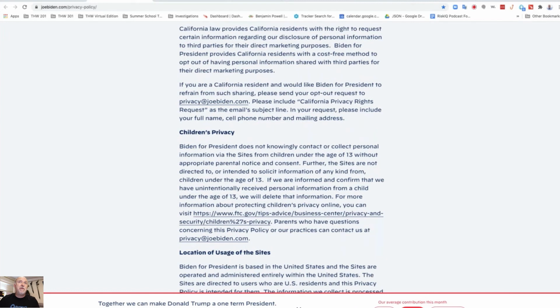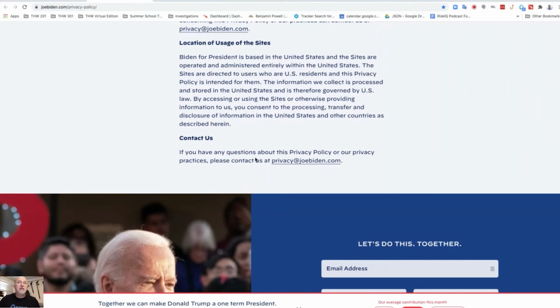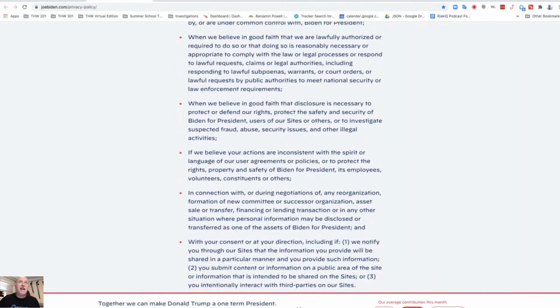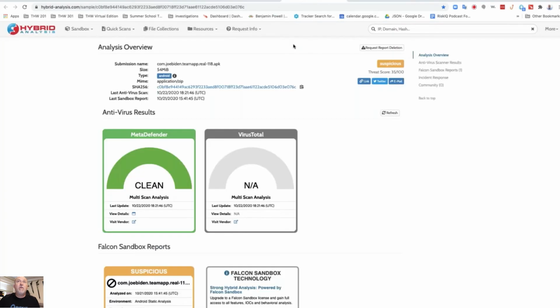And they both have the ability for California people to get stuff taken out. And then you can contact them. So it's very similar to that, okay? They both link to the real websites. Here's Joe Biden's real website, their policy thing. Now, when we take a look inside of Hybrid Analysis, if I download that APK file and put it out there,